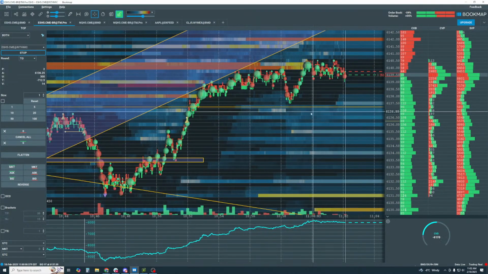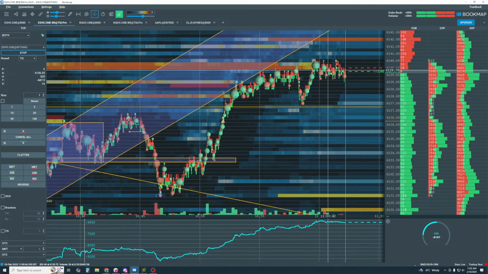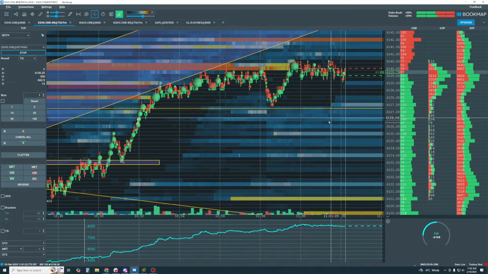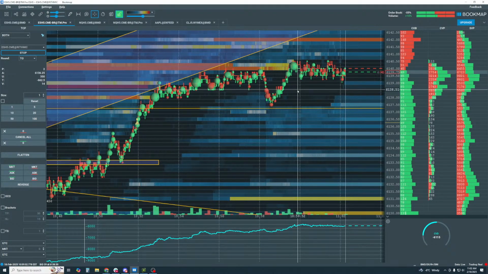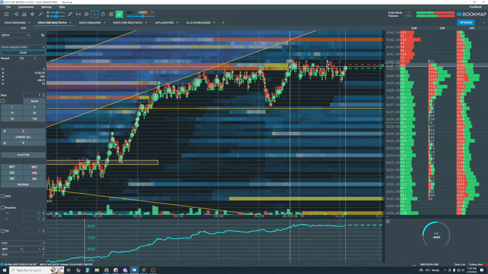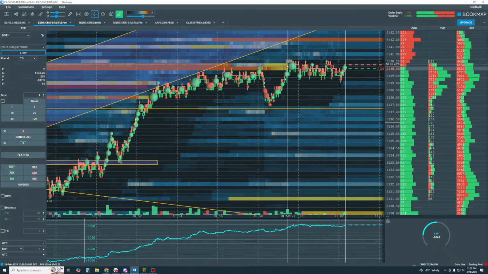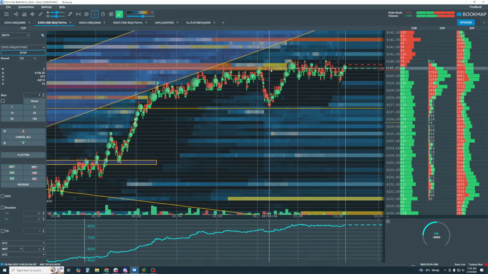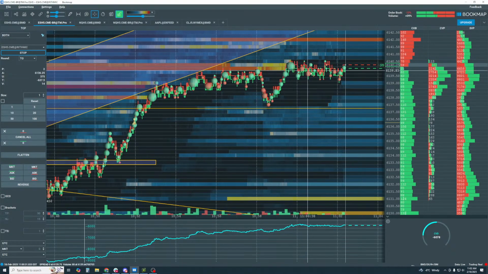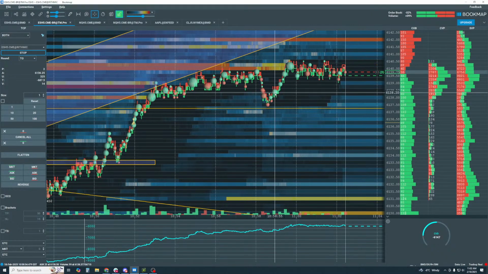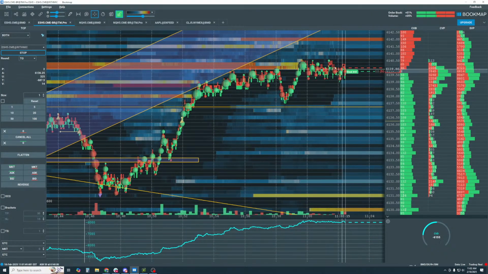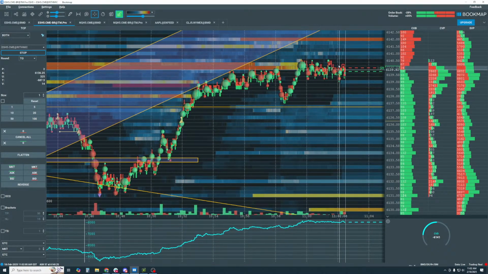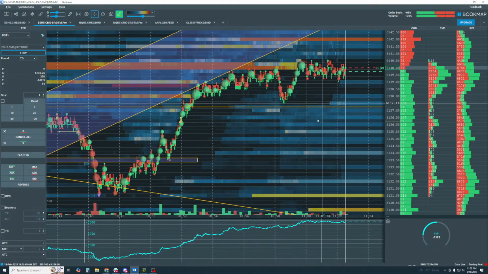Let's jump back to our ES. Okay, so we did trade up to 40, and this is pretty typical. This is kind of what we anticipate, a pullback here. You can see buyers met the sellers here, and now we're just kind of going sideways. Now we're going to see who's going to take control from this little zone in here, in this consolidation.